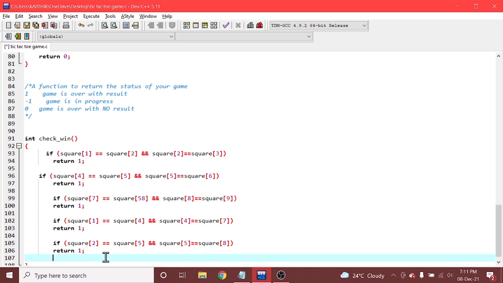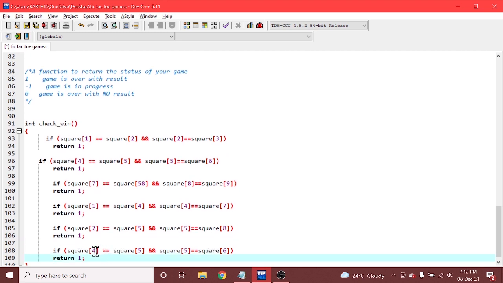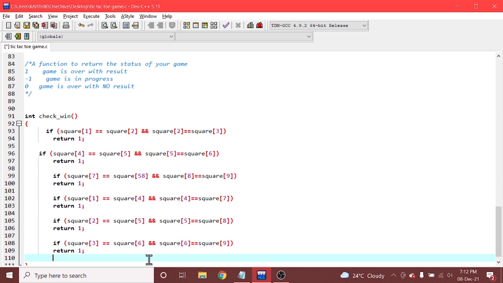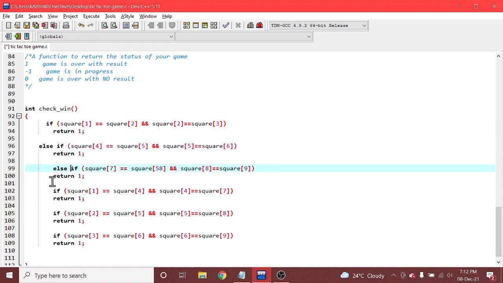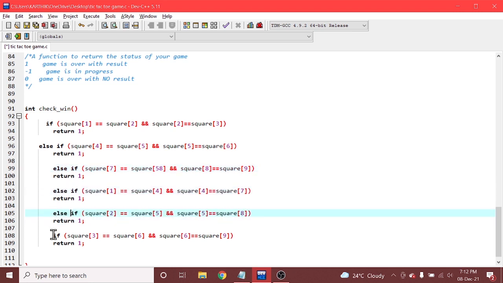And again we are using the same condition, we will take 3, and for the third element the below one will be 6, and the next one will be 6 with 9. Remember, the first one is the if case, and the remaining will be else if cases, because if I say if for everything, then all will get executed. Else if.